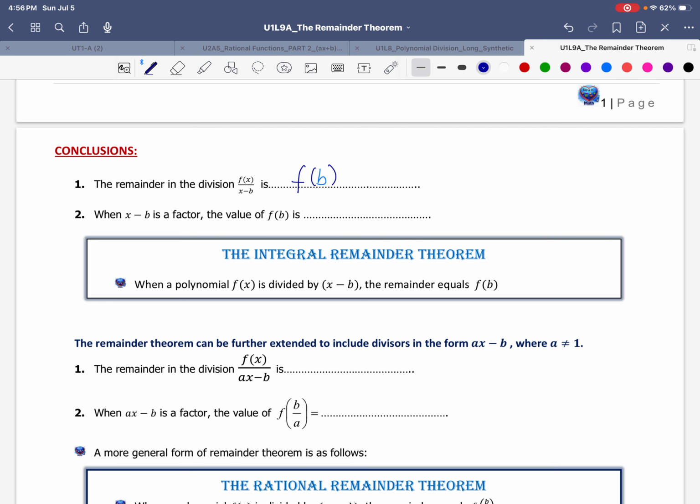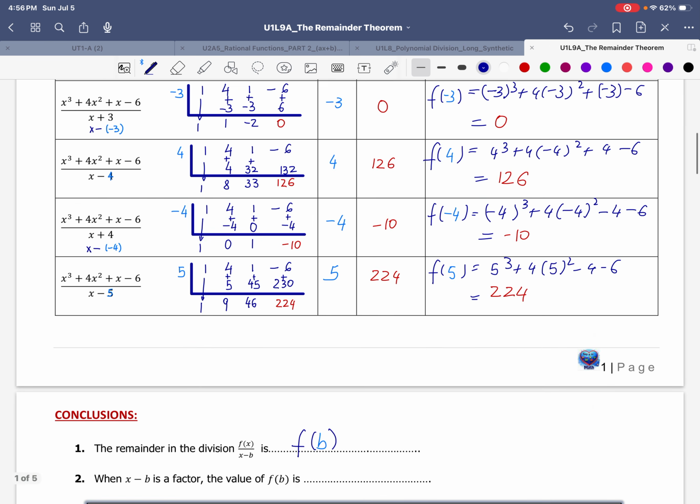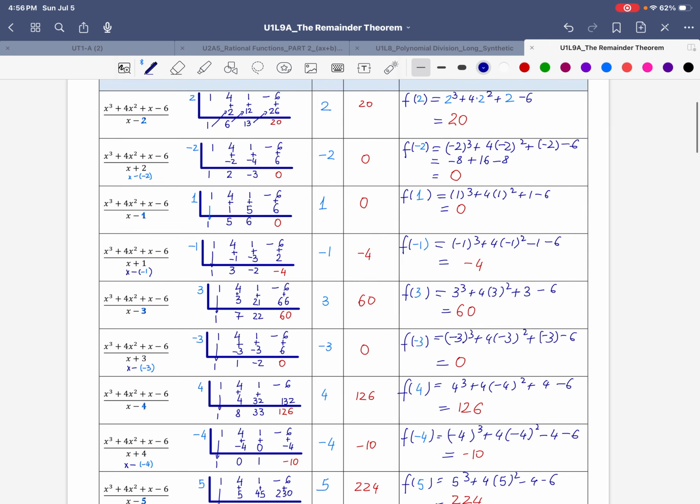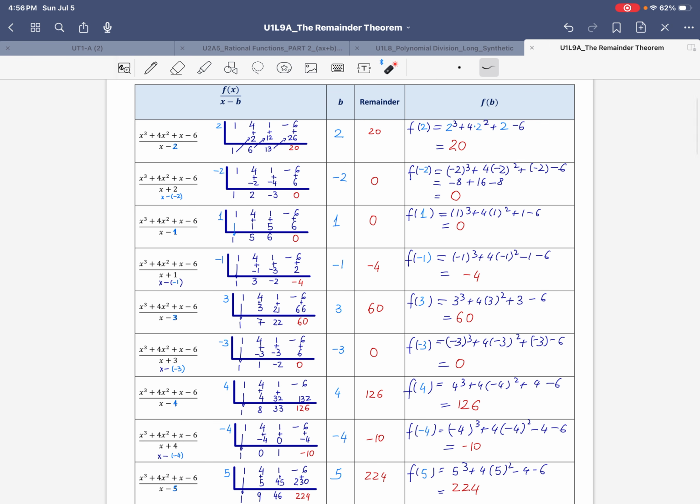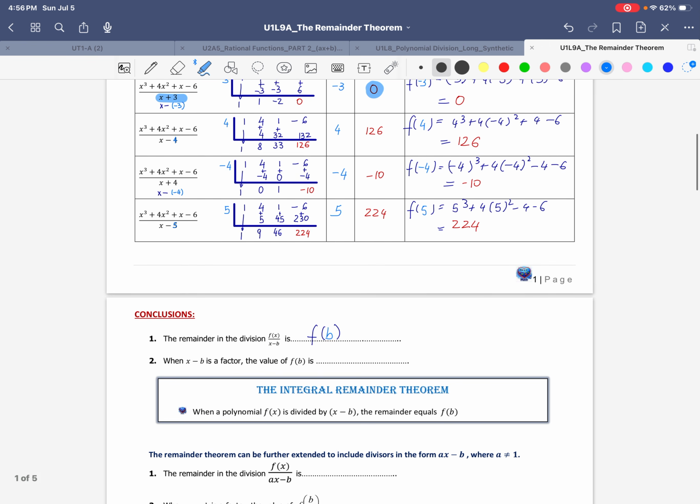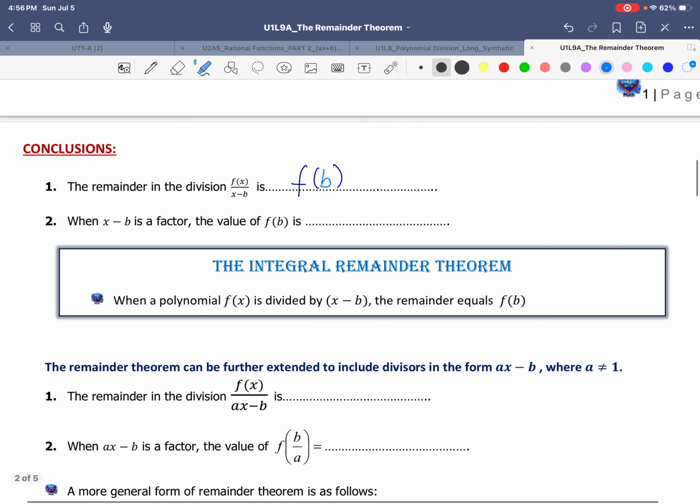So the next thing that we want to look into is the cases when the remainder was equal to 0. So notice that we had 1, 2, 3 cases when the remainder was 0, and that was when dividing by x plus 2, when dividing by x minus 1, and when dividing by x plus 3. Now, what happens when the remainder is 0? So I'm going to bring back the example we did in the first lesson